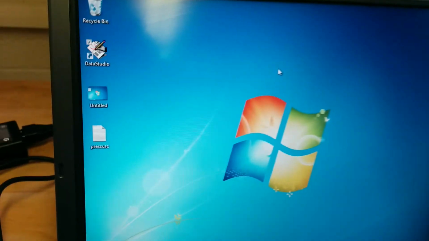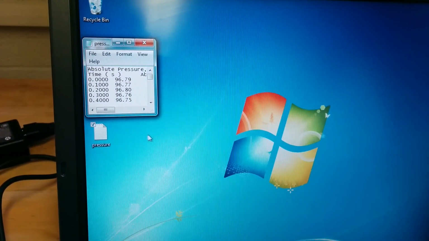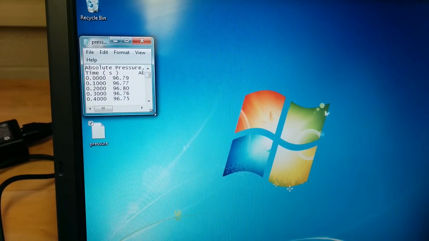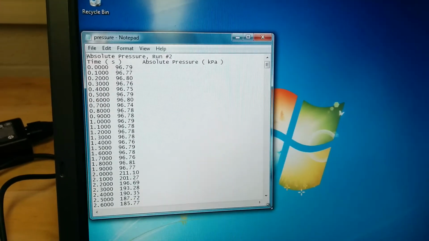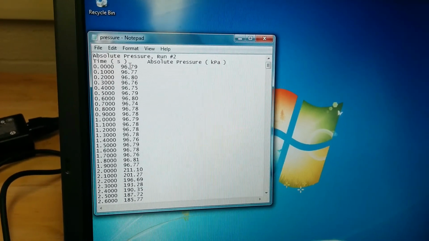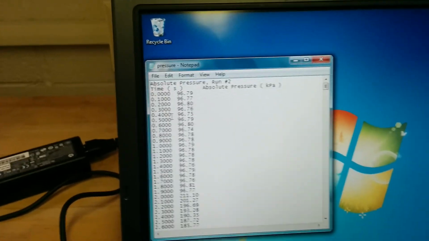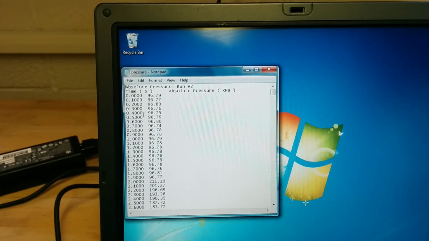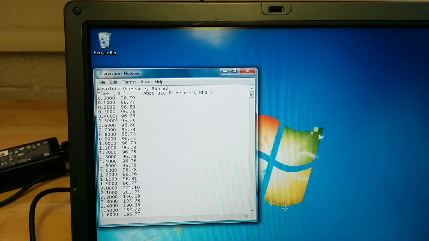But if you go to the desktop and double click on your data, you should see a text file that comes up with a timestamp and the associated pressure or temperature. You can see that it records every tenth of a second change in pressure, and you should have the same thing for temperature. So you go ahead and you copy that over to your computer via USB key or whatever means you have,